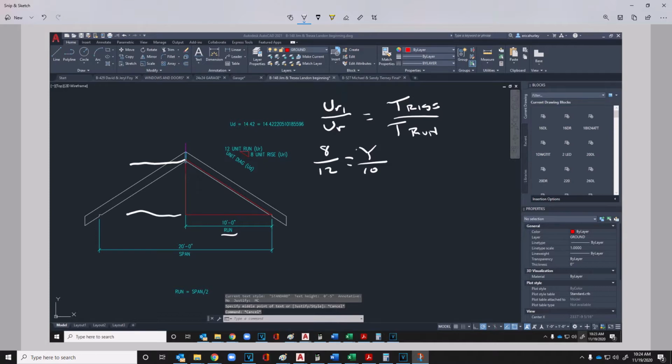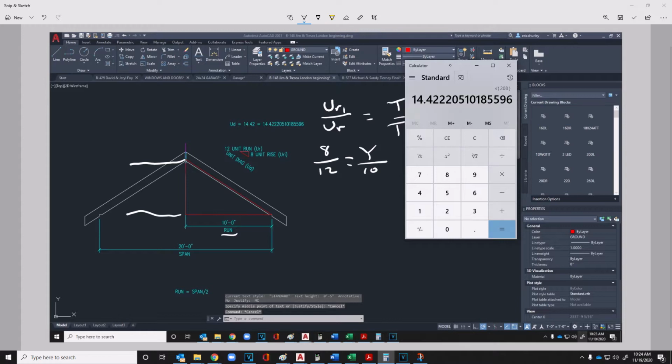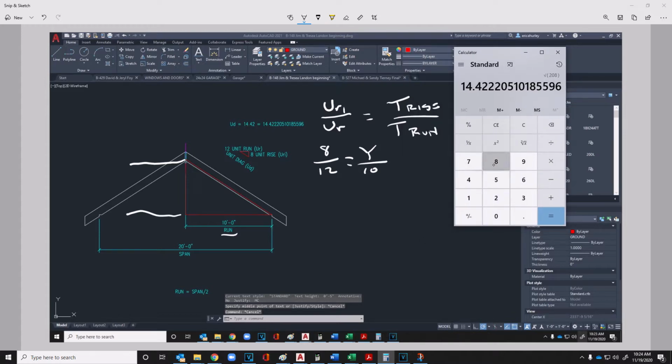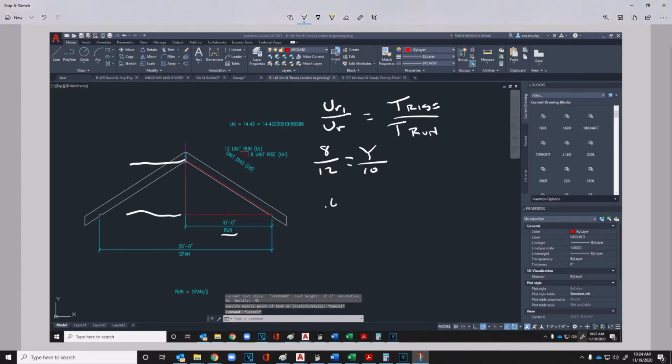So these two are equal in a fashion of scale. How am I trying to say this? What am I trying to say? They are proportionally equal. Let's say it that way. They're proportionally equal. So if I use my regular calculator here and I say that 8 divided by 12 equals this crazy number here, 0.667, I'm just going to roll it down, is a multiplier